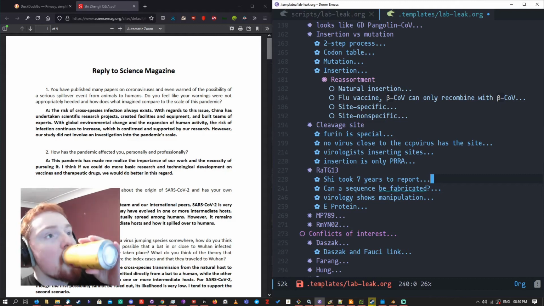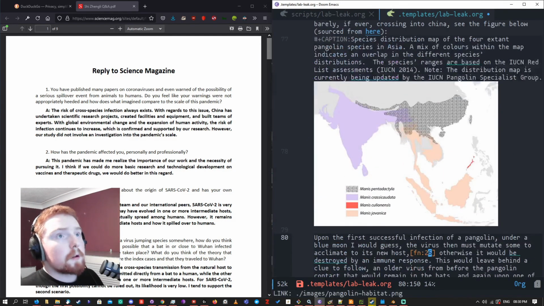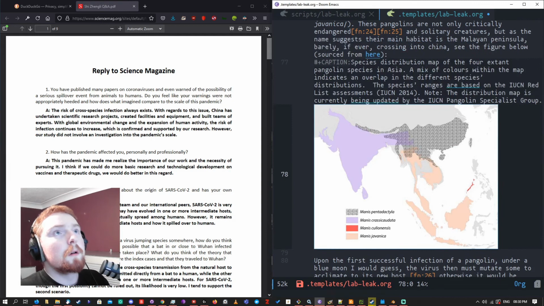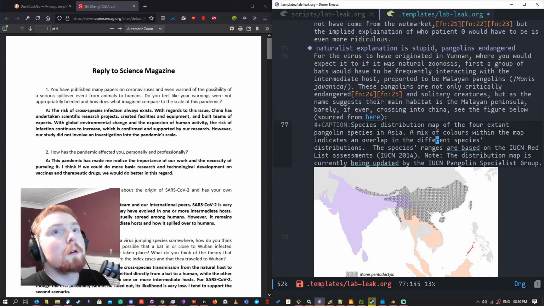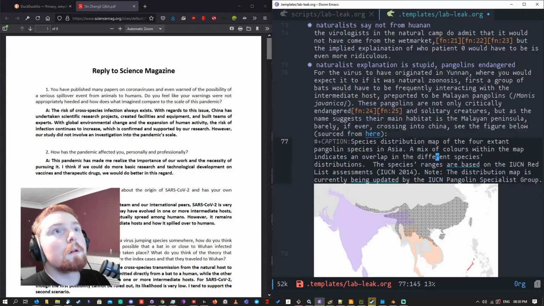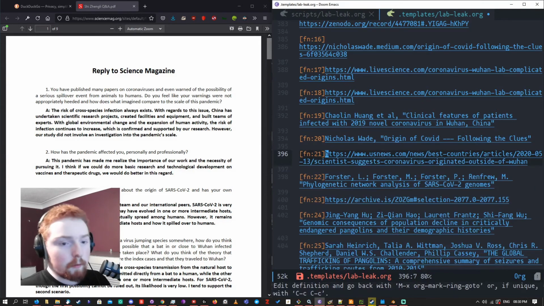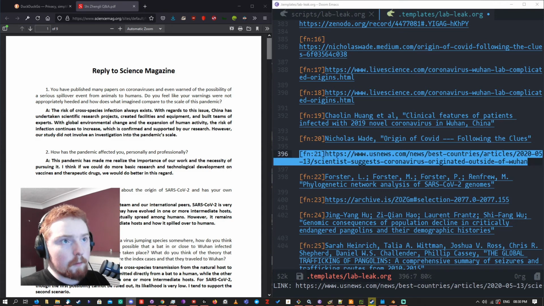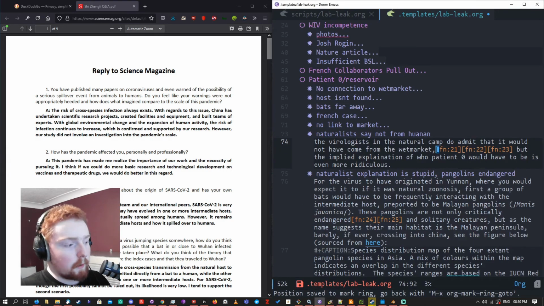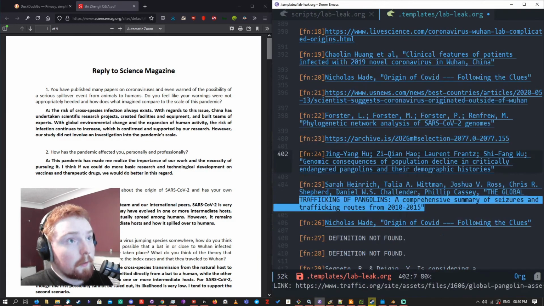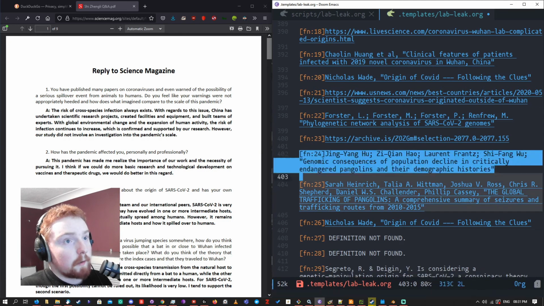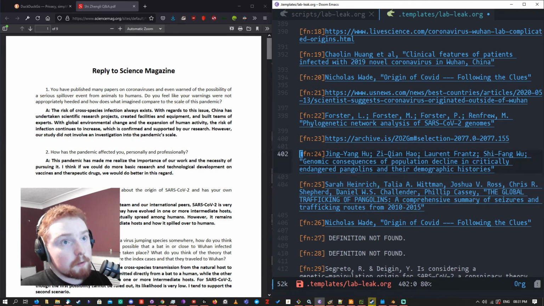Could I see one of those papers, maybe? Yeah, sure. The three I sent in there, they are all corroborating that it didn't originate in Wuhan, and they go over how it had to go through this pangolin, and that's how they explain the RBD. And then this is explaining how it is critically endangered. It says around